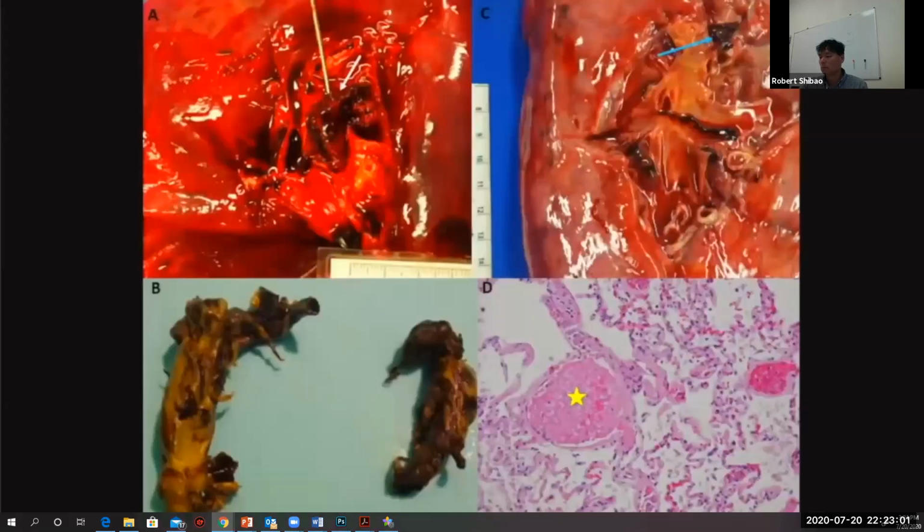Here's some more images from the study. This is the hilum of the lung, and this is the pulmonary artery. These are clots that are sitting in the pulmonary artery, preventing the blood from flowing, and they're quite easily removed. You can see here in section B. Here in another case, some more blood clots here. And when we section this, we can see that the alveoli here, instead of being nice and thin, allowing the oxygen to diffuse into the blood, has something called diffuse alveolar damage, or DAD. And you can see here in this artery that it is completely filled up with microthrombi, right where the yellow star is.